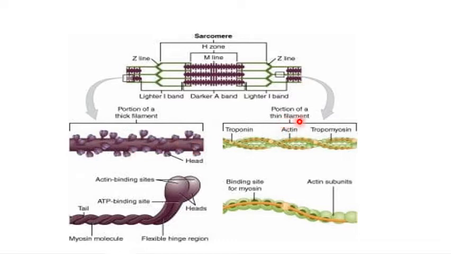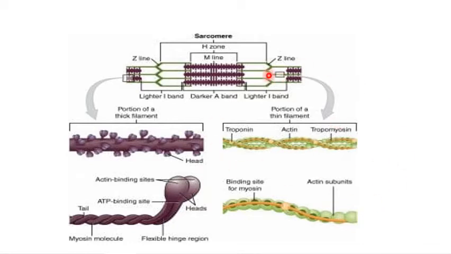The portion of the thin filament contains, as I said, calcium ions, which are released by the motor nerves into the sarcolemma. In the earlier picture I showed the sarcolemma where the pores are present, and then the troponin here is converted into tropomyosin, and this allows the myosin to bind to the actin filaments. So here are the actin filaments. Actin subunits are here. You can see the binding site to the myosin. On the head part of the myosin, this actin goes and binds.